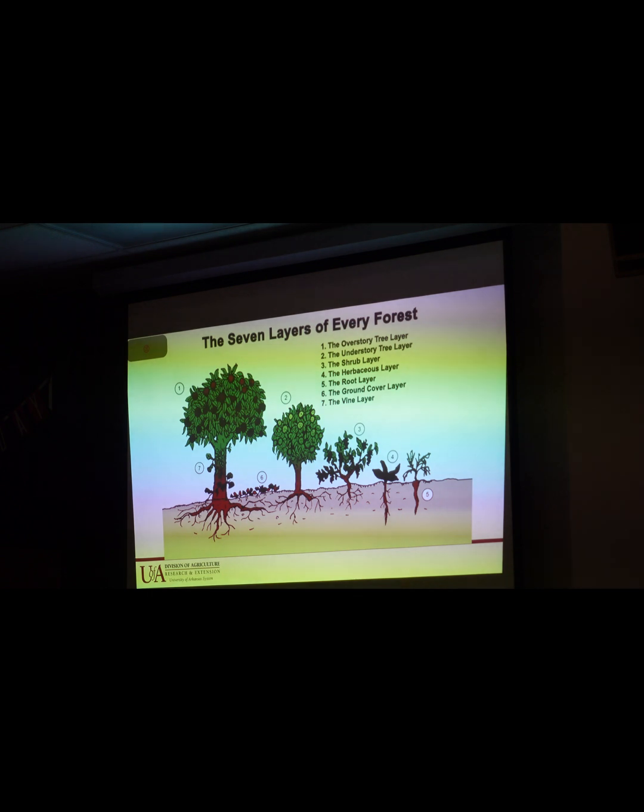So this is the 7 layers of every forest: the overstory trees, and then the understory tree layer, the shrub layer, and then the herbaceous layer, and then roots, if you want to do any kind of roots, and then the ground covers like strawberries or just like your normal ornamental, and then the vine layer, which we don't really talk about the vines very much. We don't have enough sunlight for that unless you like doing an arbor or something like that. We're not going to put any vines in our trees. This is more for like the